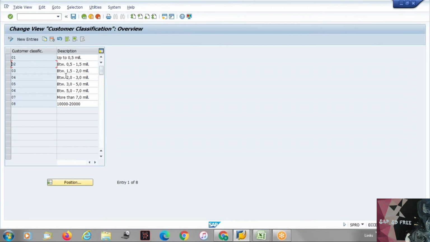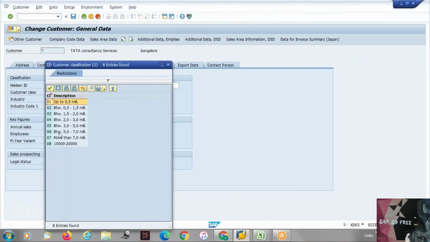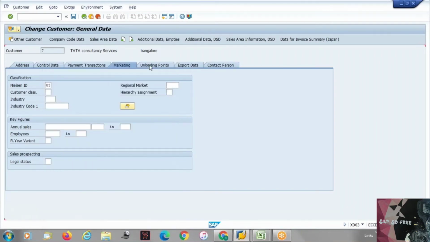You will understand, and you will explain to them that basically this customer classification is used to give some pricing. Based on the turnover, you can classify those customers. Then he would say, no, for me my classification would be different. I would like to classify this way, or maybe I wanted to use this field for an entirely different purpose. Whenever you discuss the requirements, he will explain to you what is to be done. So you understand the requirement, and you create according to his requirement, so that whenever he goes to this particular customer classification, he would be able to select the entry that you defined. So you define it in the SPRO menu, and he will be able to select it in his easy access menu in the customer master data. Okay,